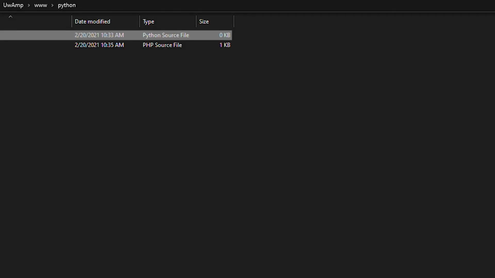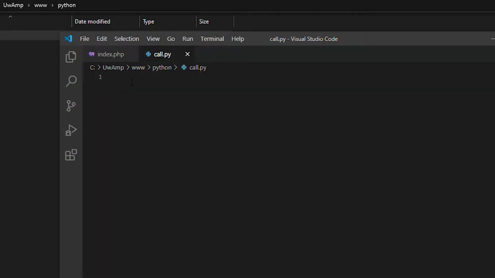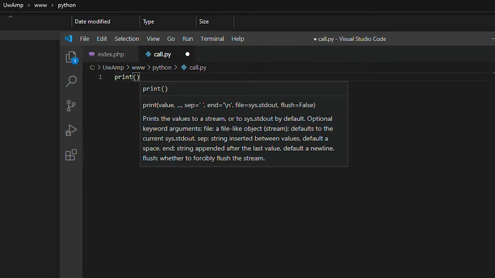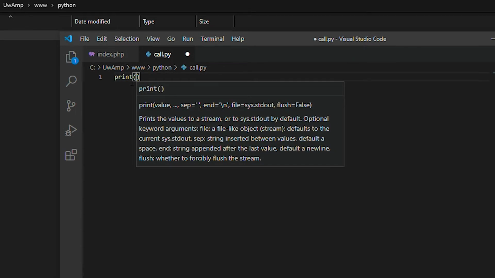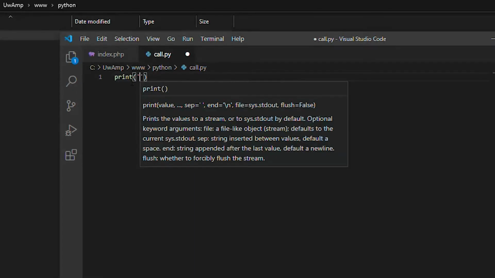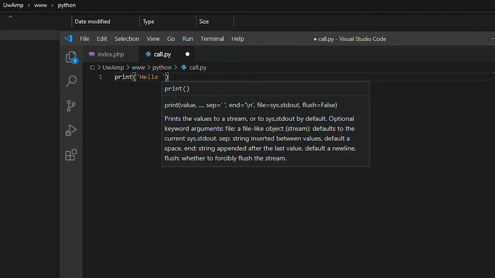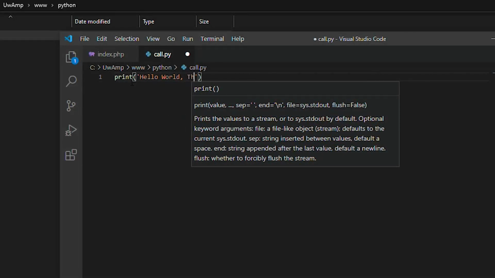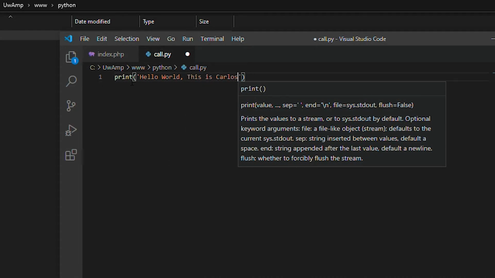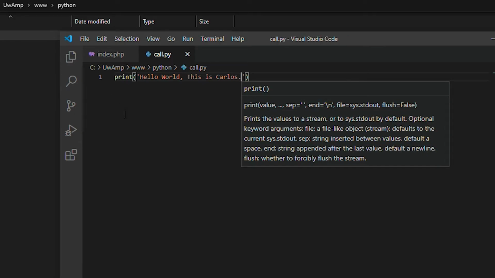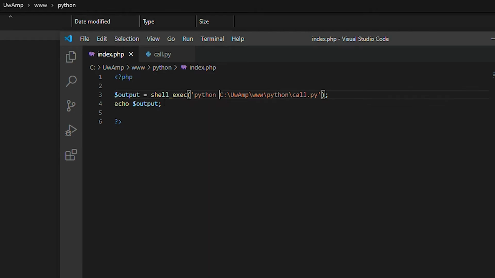So the other thing that we need to do is create our Python file, which is super simple. One of the reasons just about everyone in the community loves Python. It's so easy to do code in the system itself. So print hello world, this is Carlos. All right. Okay, so now that the Python file is created, let's just make sure the file path is right,